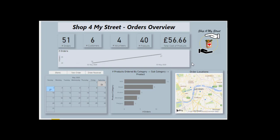And finally, we have a Power BI management app for the management at Shop for My Street to be able to see the effectiveness of the application and the number of orders that are placed through it. So we can see the total number of orders, the customers, volunteers, products, and the total cost of products that have been ordered. We can see that over time, filter on specific dates and see the dates that are highlighted